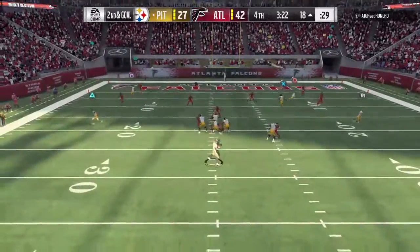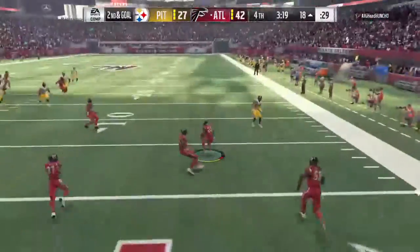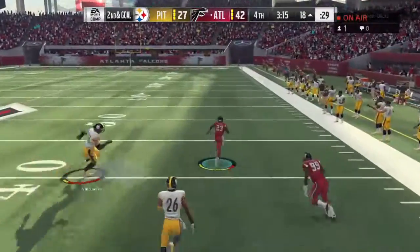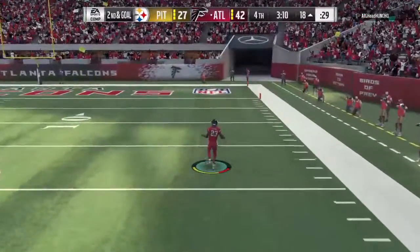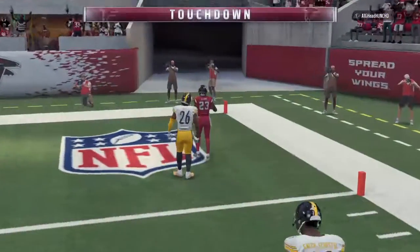From the shotgun, it's Roethlisberger. The ball popped in the air and intercepted. Picked off by Robert Alford. He's got daylight. The 40. He's at the 30. And he takes this one back into